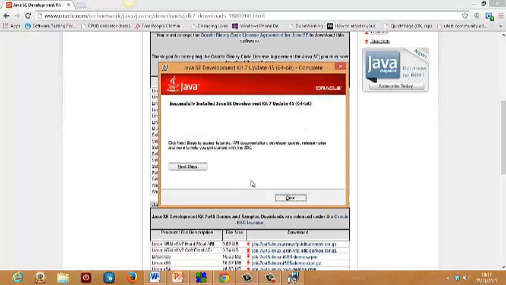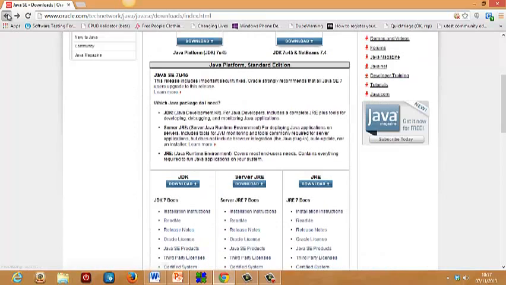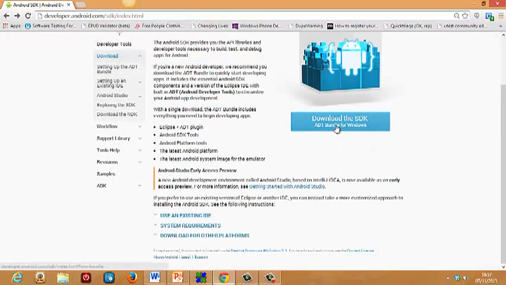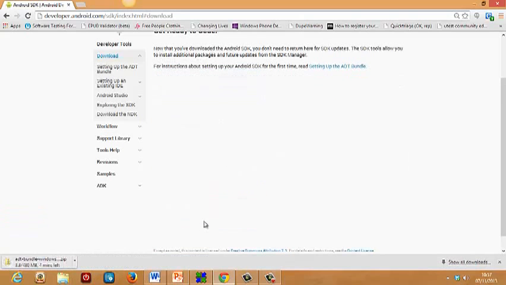Okay, so we've got installed the Java SE Development Kit, update 45, maybe different depending on what time you're installing this. We don't need to go to the next steps, we'll just click on close there. And then we're going to go back to the Android developer site, and we can now download the ADT bundle. We click on I have read and agreed the terms and conditions, 64-bit, it's a Windows 8 machine, and we'll download that. Once that has downloaded, which is quite a considerable file, 480 megabytes,